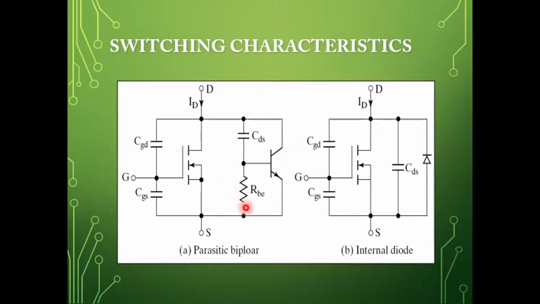And you can observe an NPN transistor and a resistance which is represented across the base and emitter. This is an NPN transistor. Why do we have to represent an NPN transistor here? That is because if we don't apply a gate signal to the MOSFET, what will happen to the enhancement type MOSFET? MOSFET is off, right? It is nothing but